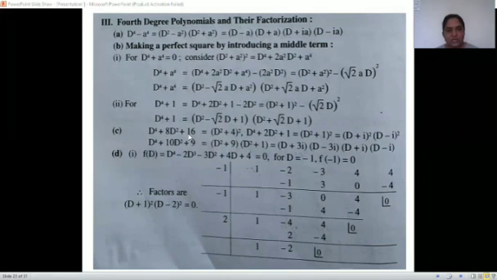Next it is standard, that is 16 and 8. We know 16 is nothing but 4 into 4 and 4 plus 4 is 8. So directly we can write D square plus 4, D square plus 4. It is in D square, just remember. Next it is 1 into 1 and 1 plus 1, so it is D square plus 1, D square plus 1. Right. Next is 9 into 10. So it is 9 into 1, 9, and 9 plus 1, 10. So D square plus 9, D square plus 1, as it is in D square.